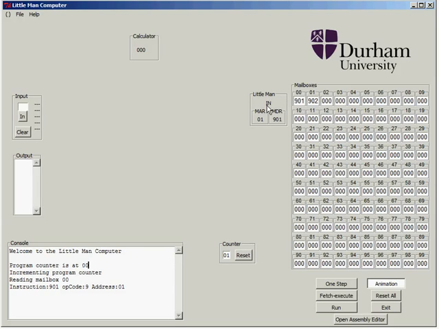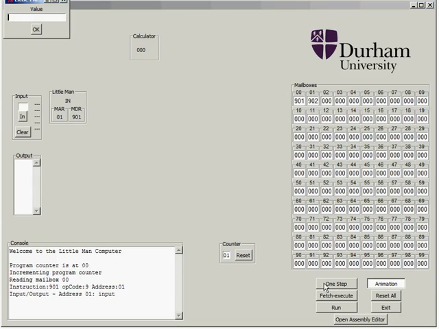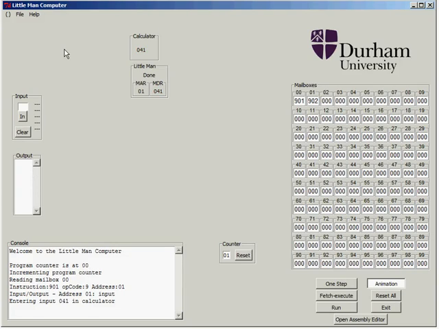Notice that the CIR now states "in", which means we're actually going to get some input from our user. So we do one step again, and the engine zooms over to the input part of the screen and is now expecting the user to input a number. So if I put in a value and click on OK, now the engine zooms up to the accumulator, the calculator, and pops the value